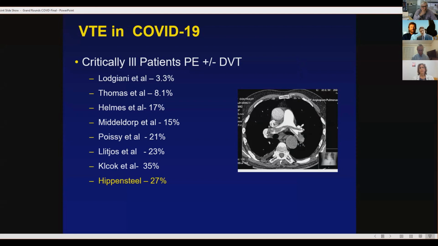Dr. Hippensteel, whose face popped up a little bit earlier on the glycocalyx study, actually looked at our data here at the University of Colorado. I'll dig into that. 27%. If we look at these in aggregate, again critically ill patients, so patients in our ICU, 18.6% across all these studies. And if we look back to historical data, H1N1, other disease states, this is about 2-fold higher than we would anticipate for VTE in this critically ill population. So it seems, I think most would agree who are looking at this, that these patients have a propensity to